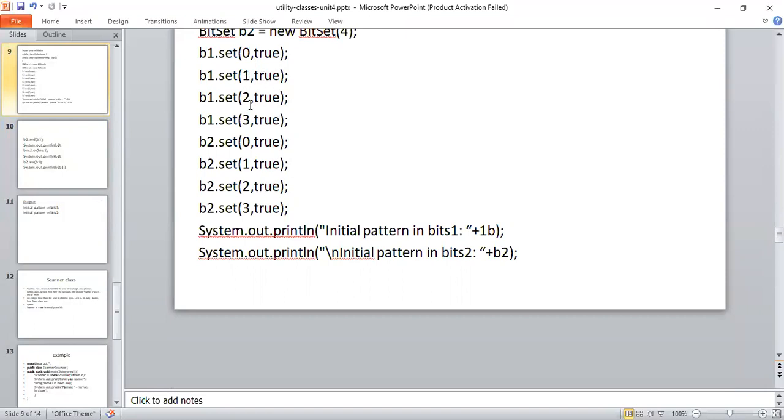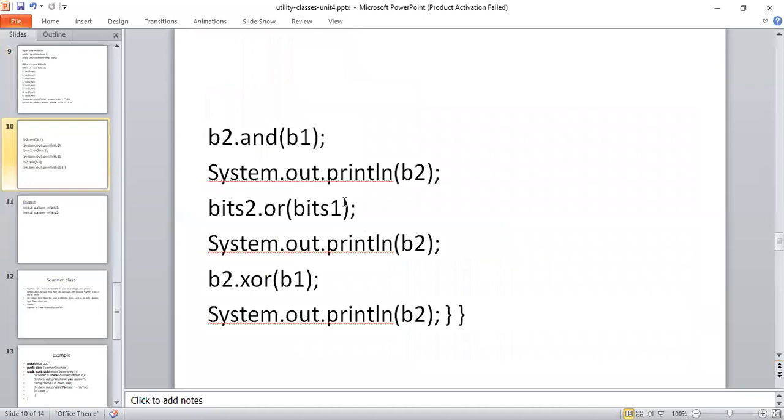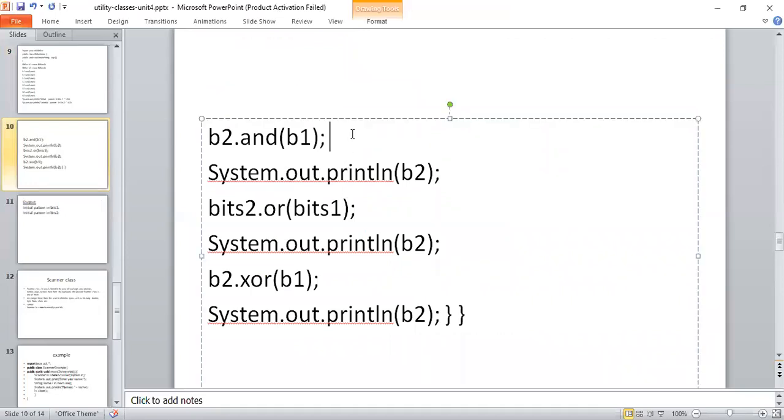And true, true, the result is true. And true, true, the result is true. So the output displayed according to this statement is 0, 1, 2, 3.